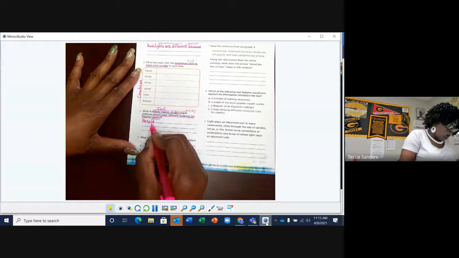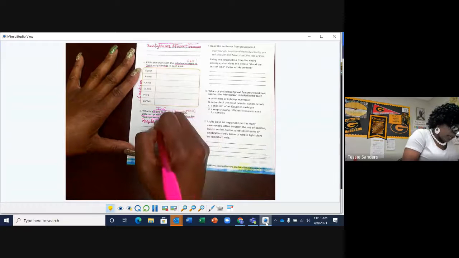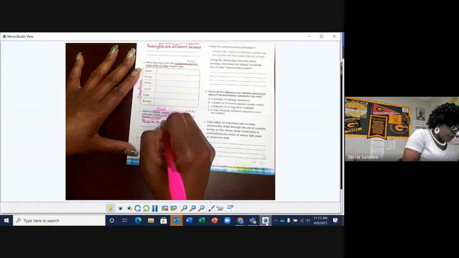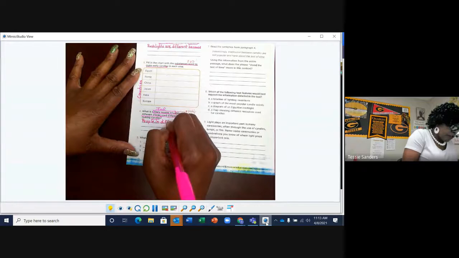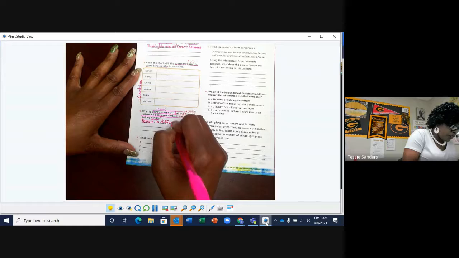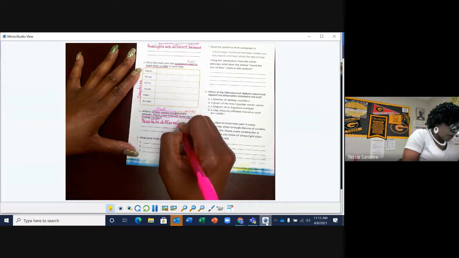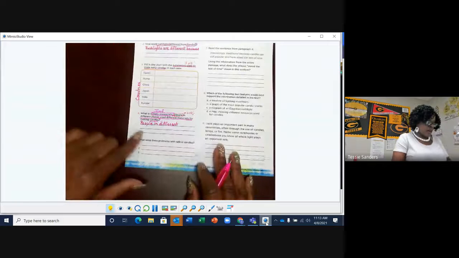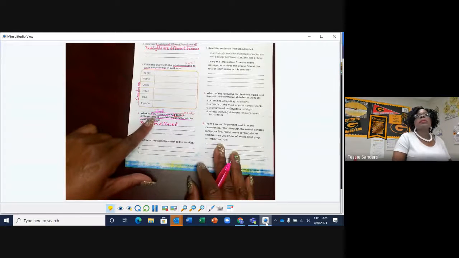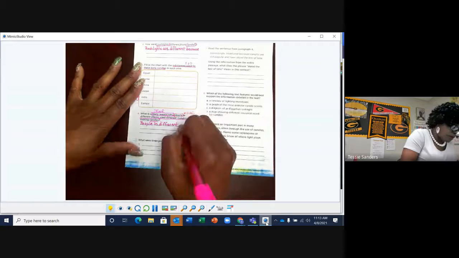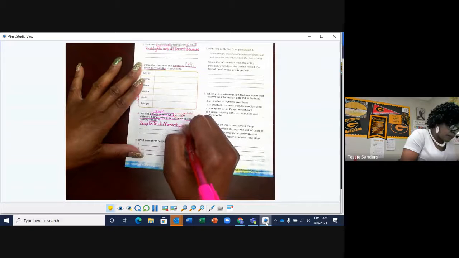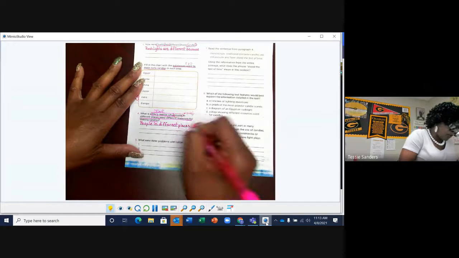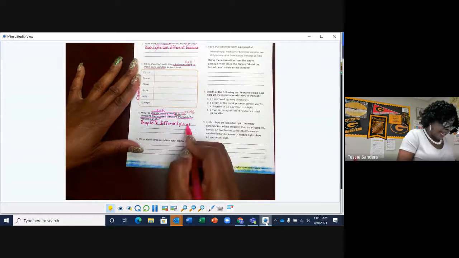So people in what? Where? In different, come on, finish the statement. In different, you can say countries, that's okay. But what word? Places. Good. You can use country if you wish. People in different places